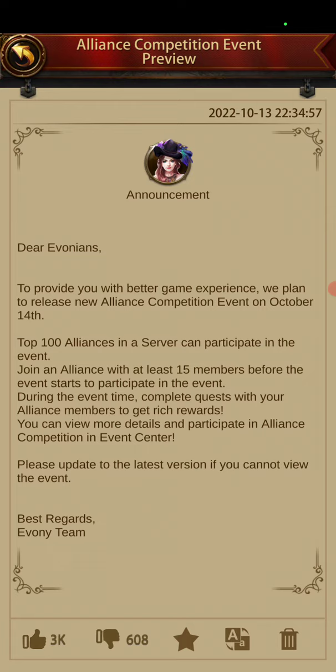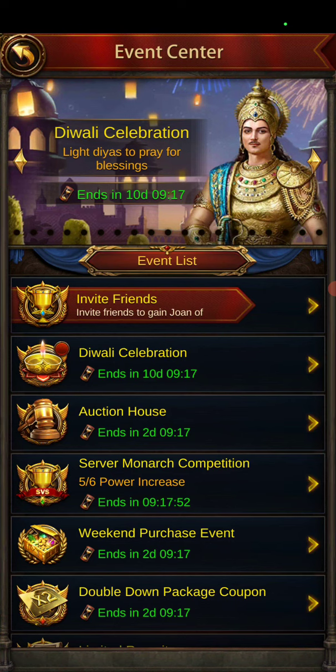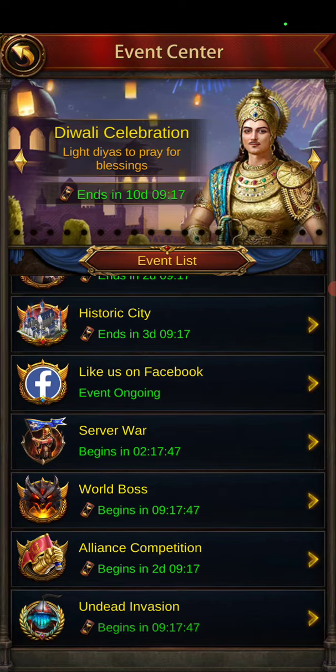But during the event, you can complete quests with your alliance to get rewards, and then you will personally rank, and your alliance will rank as well. So let's actually go and take a look at it. This is in the event center. They have the kind of blurb up here, but